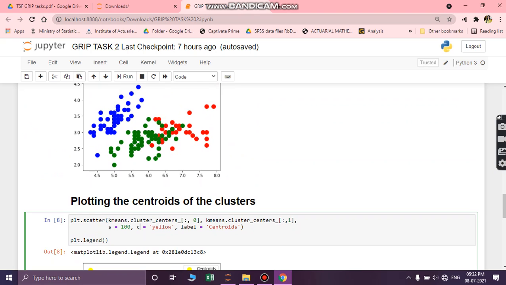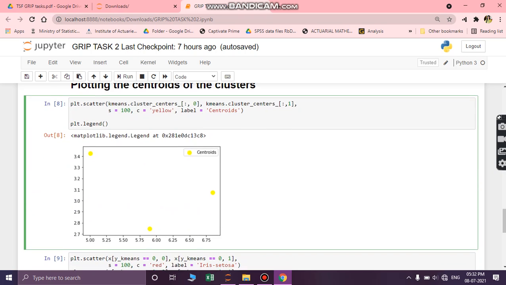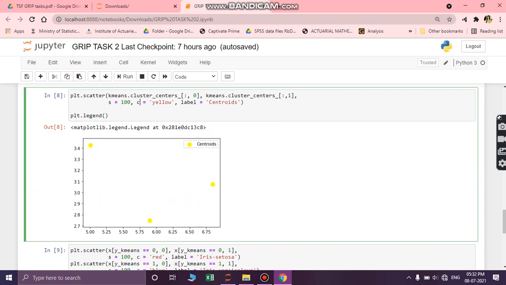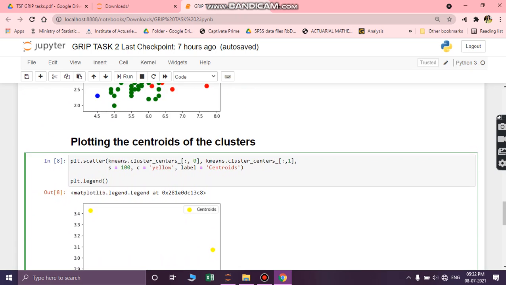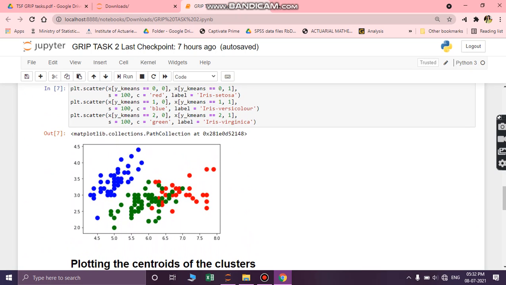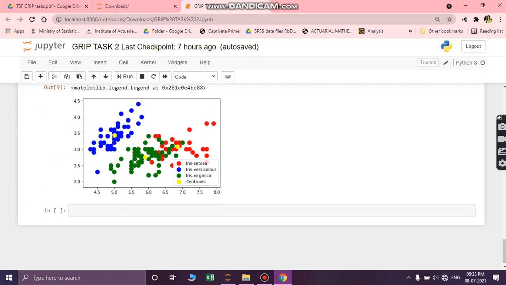We had selected 3 as the number of clusters, so we can see 3 clusters here, the blue ones, the green ones and the red ones. Our next step will be to find the centroids of these 3 clusters, that is the centroid for the blue ones, the centroid for the green ones and the centroid for the red ones. Since it is not very clear individually, we now combine both these graphs and we can see that the centroid for the blue ones is here, for the green ones is here, and for the red ones we have the centroid here.